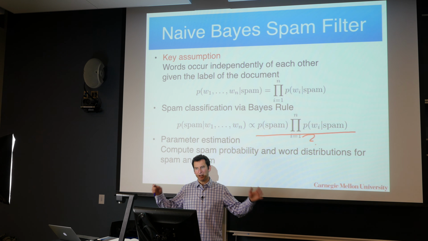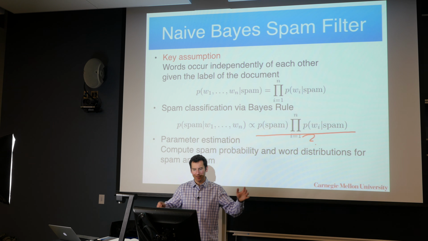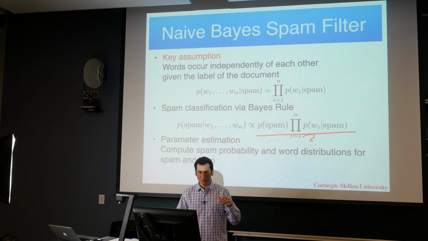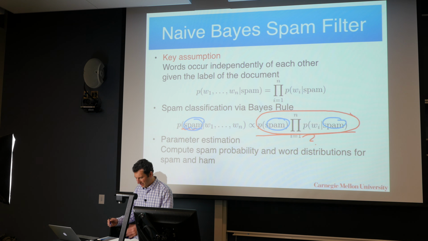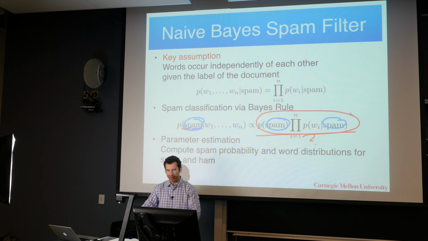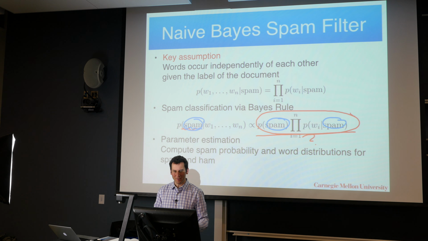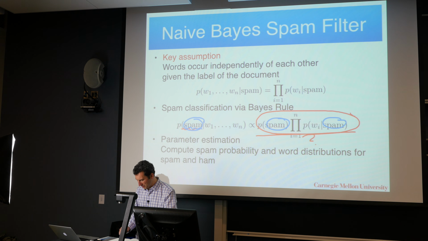More generally, if you want to infer something, then you can always recompute the normalization explicitly by just taking the first two terms in Bayes' rule, evaluating it for all possible outcomes, which would be spam and ham here, right? And then just putting it into the denominator, normalizing appropriately such that everything sums up to 1, because we know this is a probability, so it has to sum up, and then I'm fine.